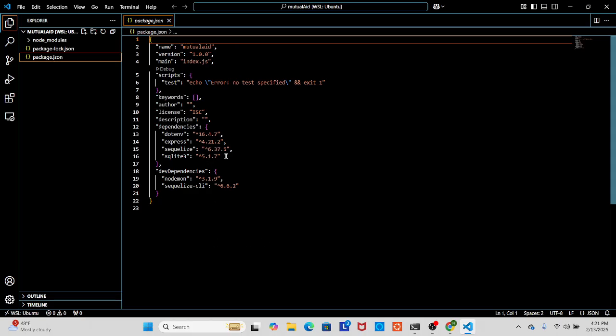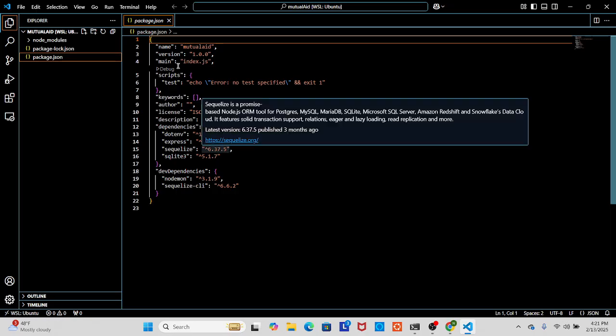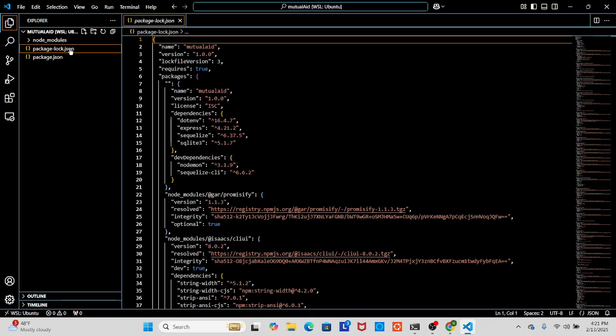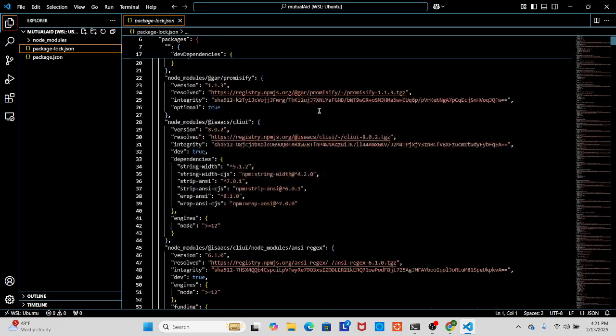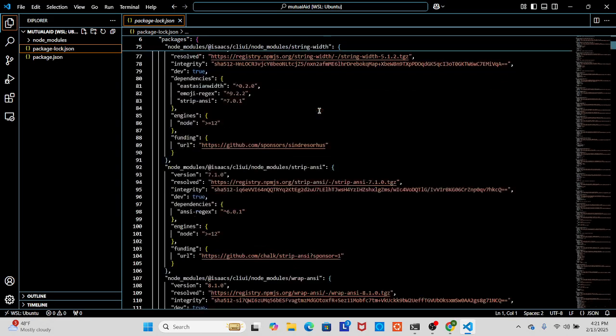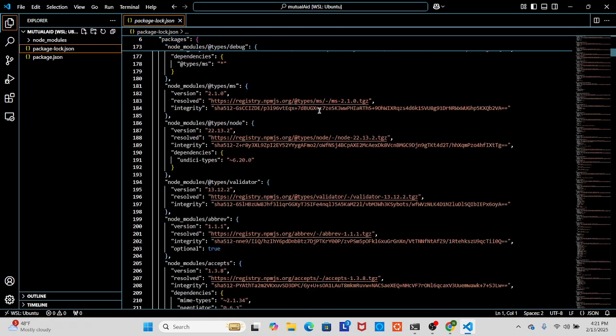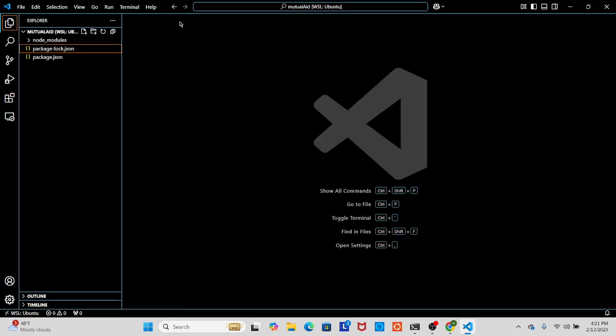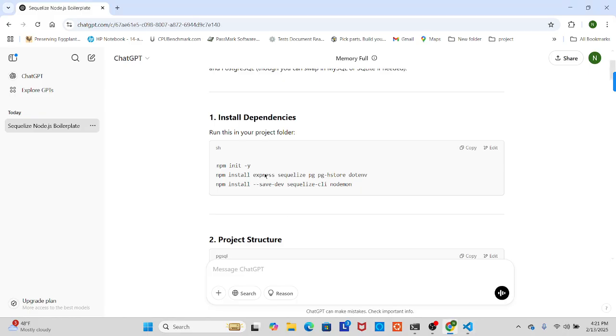Okay, I got .env, I got SQLite, SQLite CLI, all this good stuff. What's up with all these in-flight things? I mean, I kind of like it because it's neat, but